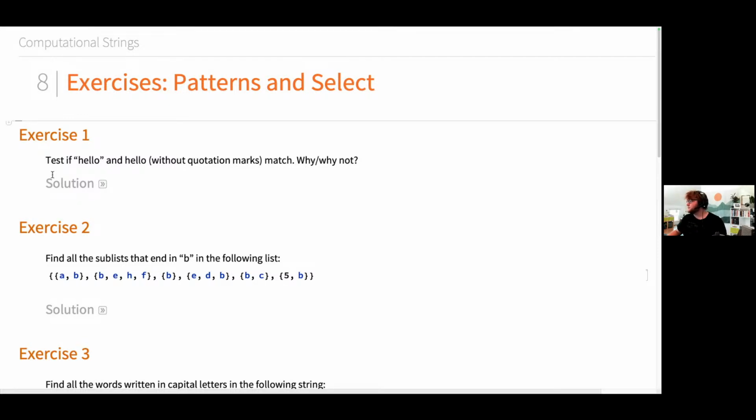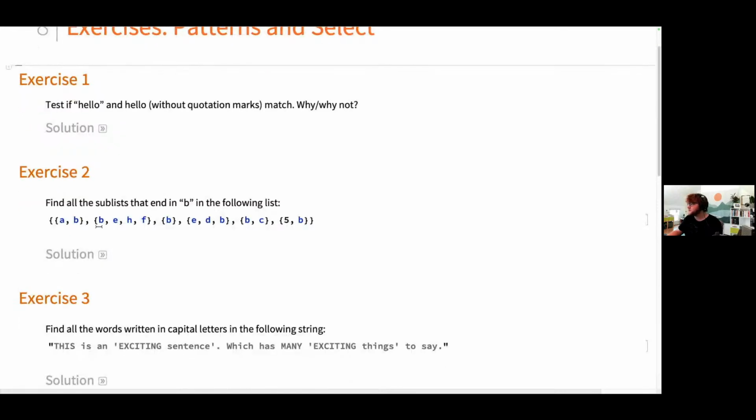So let's do a couple of exercises. Let's start out with finding all of the sublists that end in B in this list. Let's just have a look at what these lists are made up of. We can see this one that ends in a B has one thing just before it. This one doesn't end in a B. This one that ends in a B is only a B. This one ends in a B, has two things before it. This one doesn't end in a B. This one ends in a B, but it has a different